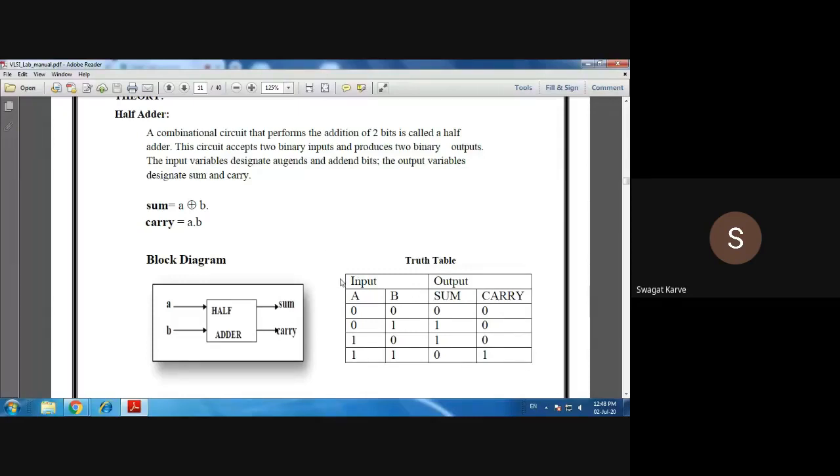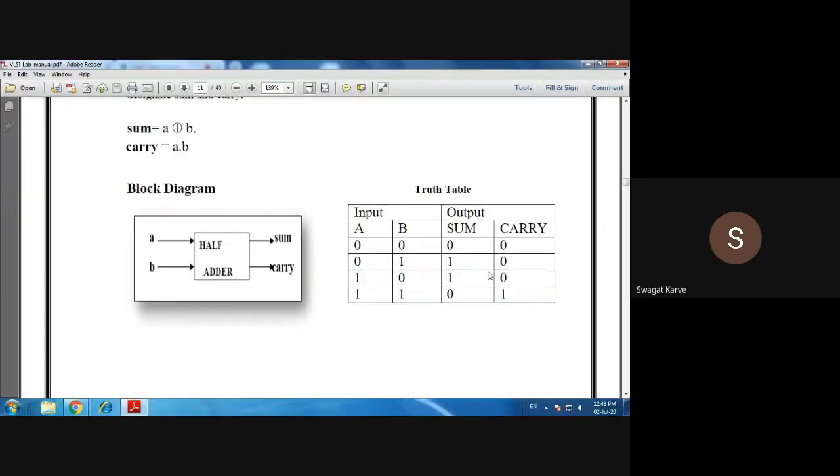Now this is the truth table for the half adder. A and B are the inputs, and sum and carry are the outputs, and this is the equation for sum and this is the equation for carry. Clear with this?